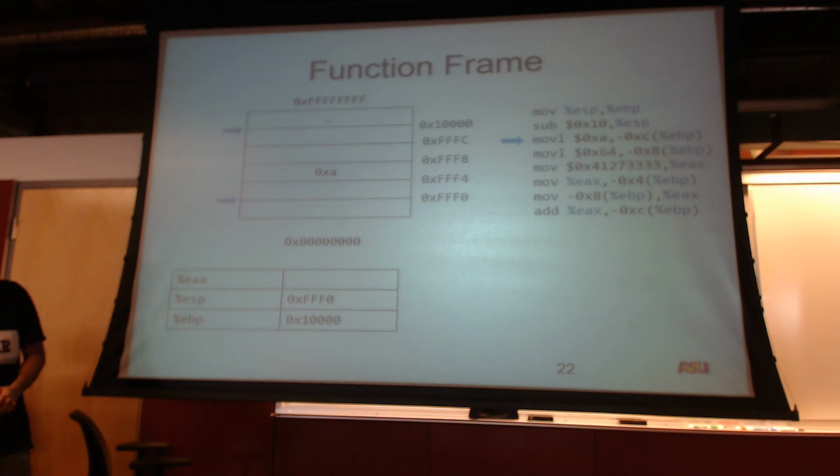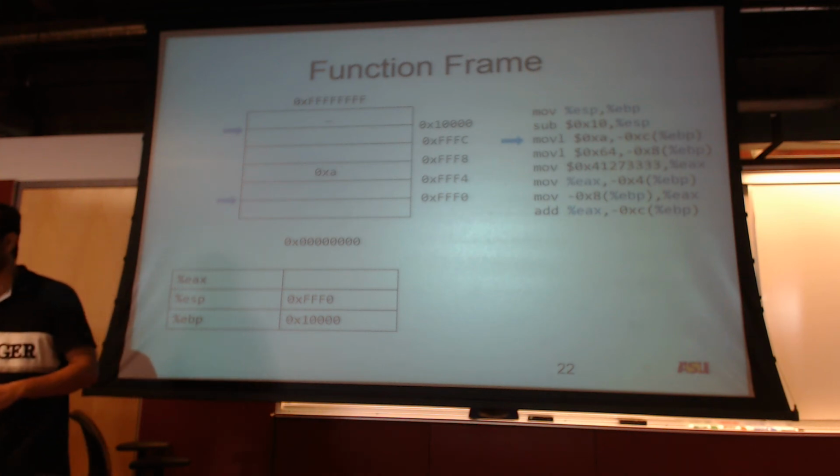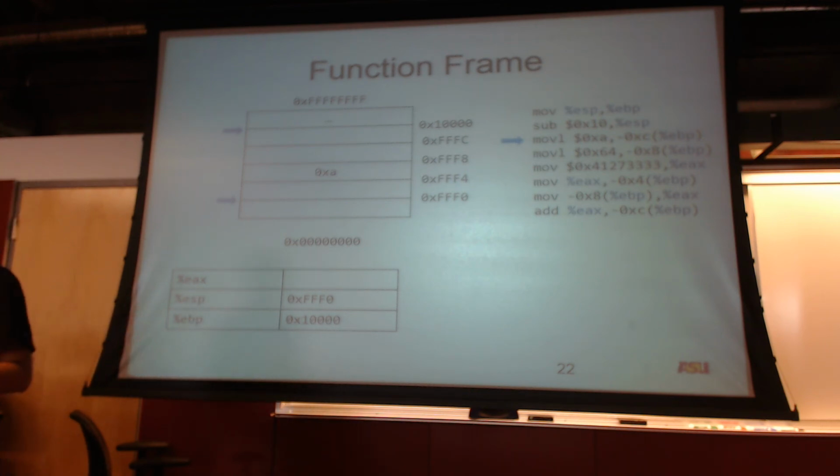Why did we do EBP minus C? Why not EBP minus A? No, EBP minus 4, sorry. Why don't we do EBP minus 4, taking into account the other variables? The thing is, we are declaring int A, B, C in order. So C should be at the top of the stack, right? So that's why